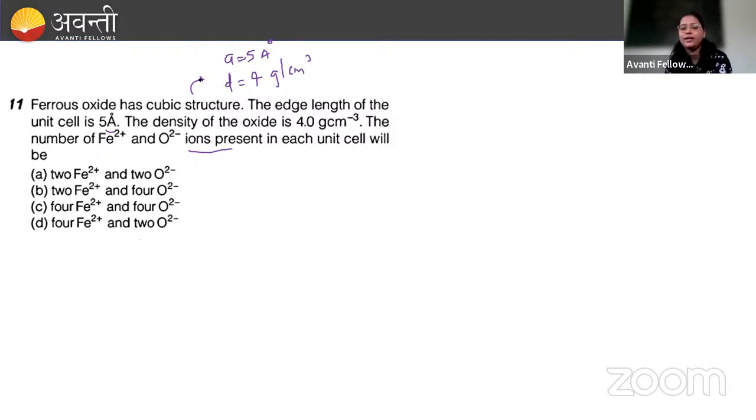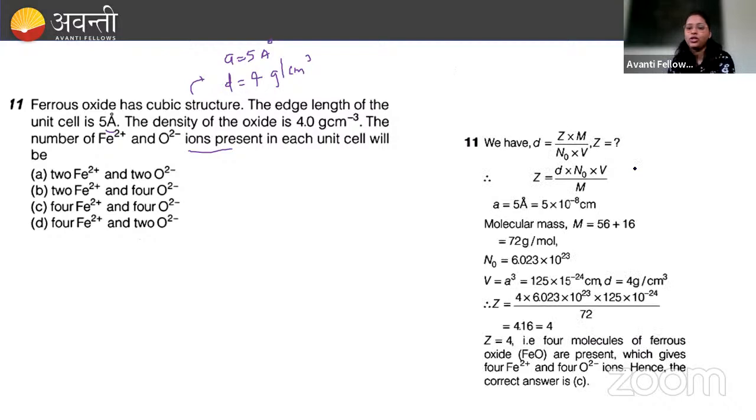So Z value determine करना है. Z का formula put कीजिए. Z is equal to density into Avogadro's number into V divided by M. So here what is V? You can first of all determine A value, converted into centimeter, mass को convert कीजिए ग्राम पर मोल में. N0 क्या है हमारा? N0 है हमारा Avogadro's number, right? All you know. V क्या है हमारा? Volume. Volume क्या होता है? A cube, right? So just put A का value, and when you put all these values, you will get Z